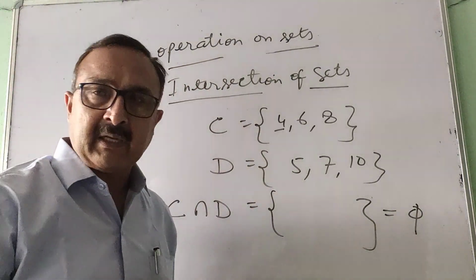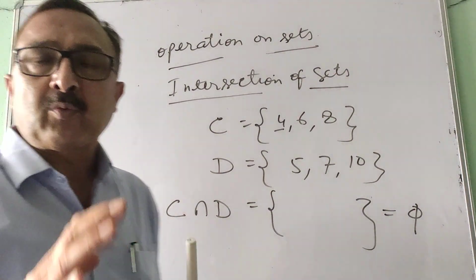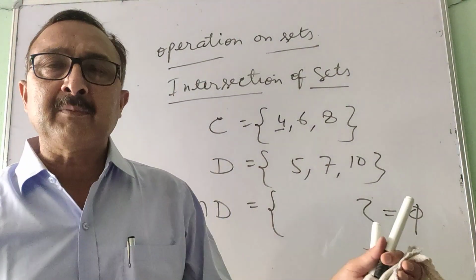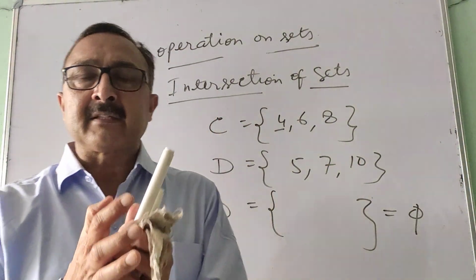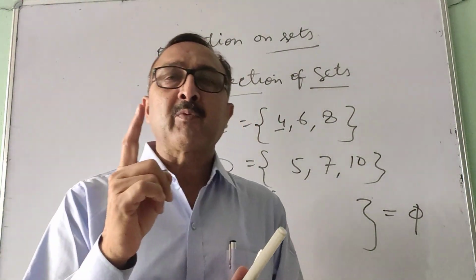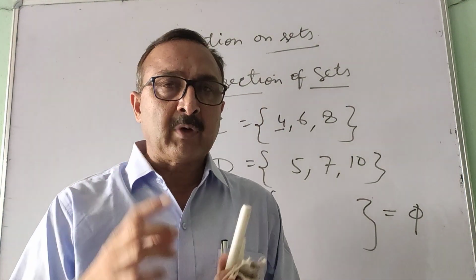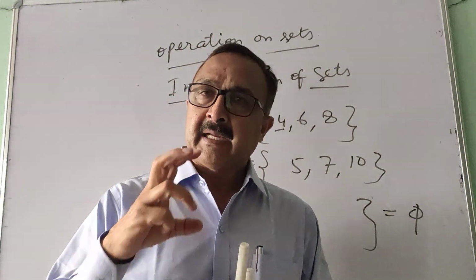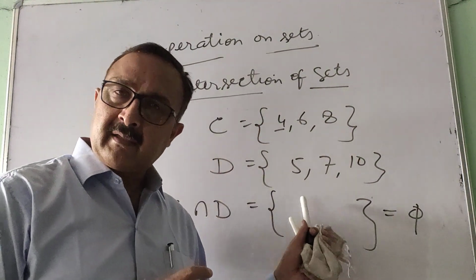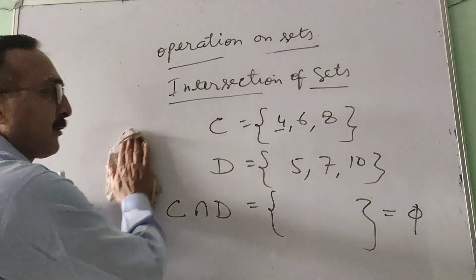We have done this earlier. I hope you understood what union is. Once again, union means you club all the elements. But remember one thing, a common element you write once. And what is intersection? You find only the common elements and write them in a curly bracket in set form. That is the intersection. Let us take one more problem.